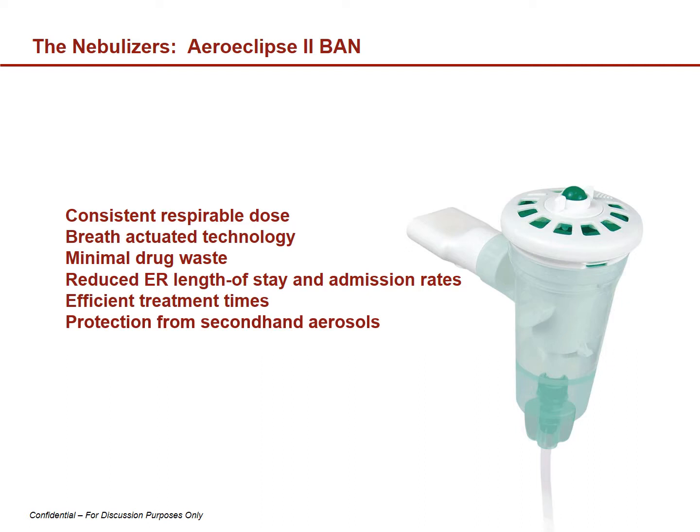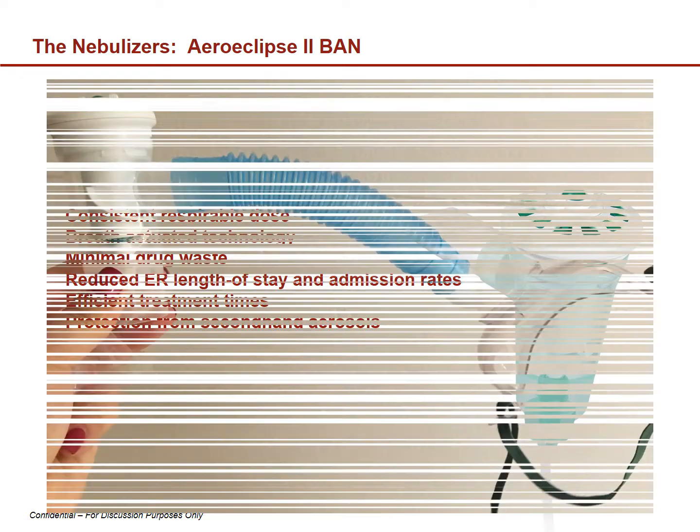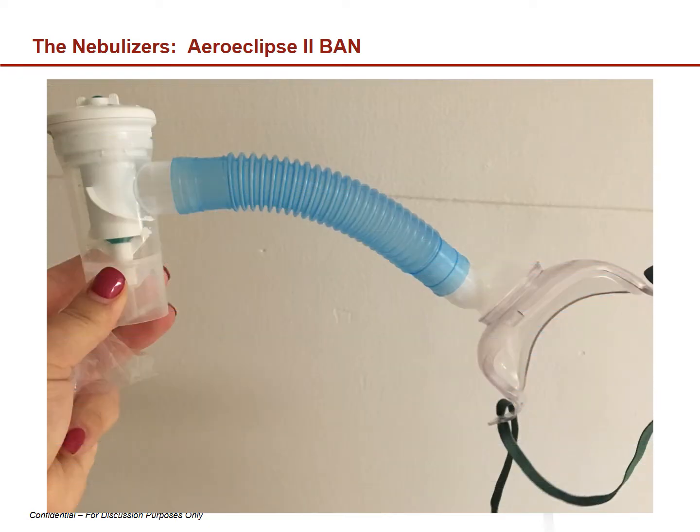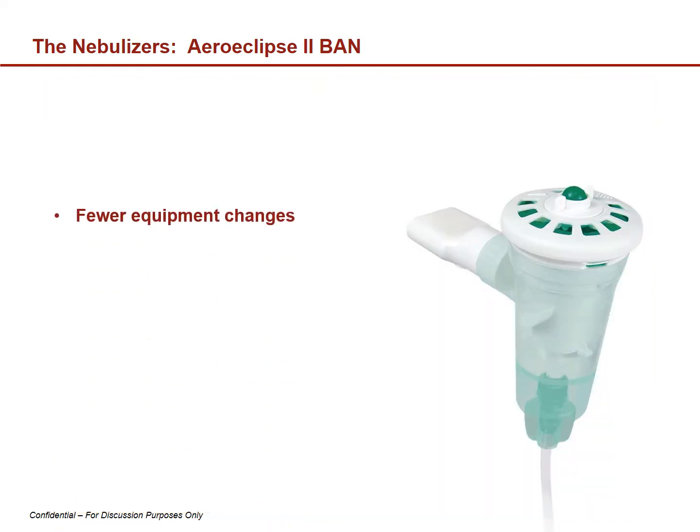A proprietary one-way valve provides protection for clinicians and family members against second-hand aerosol exposure. However, for a patient with a tracheostomy tube, this one-way valve can hinder exhalation. For patients with a tracheostomy tube, the Aero Eclipse can be run in continuous mode via a trach collar to facilitate exhalation. By switching to the Aero Eclipse breath-actuated nebulizer, respiratory care practitioners will also have to change equipment less